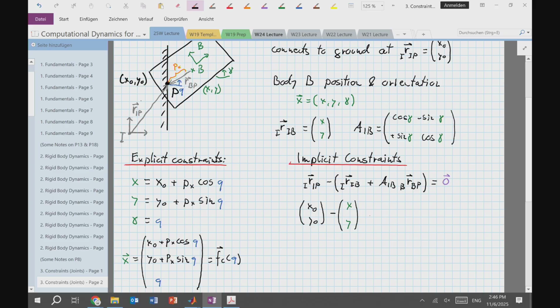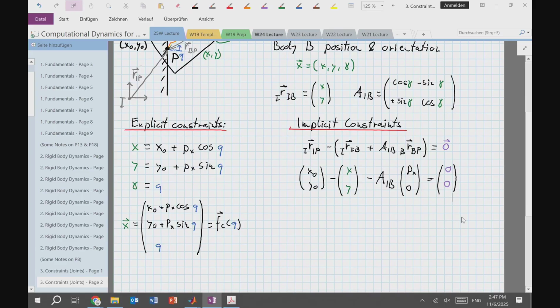Then we have here a minus sign, if I get rid of the parenthesis, AIB times this local coordinate vector px and 0. And now we see that I have two constraints. It's a two-dimensional constraint equation. I do have two constraints. And I can now go ahead and write my function gc